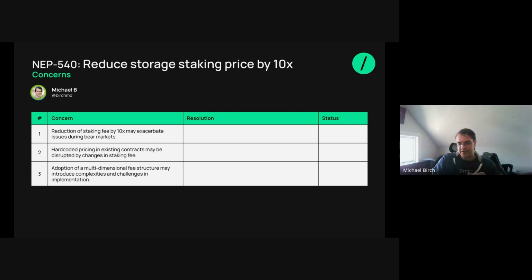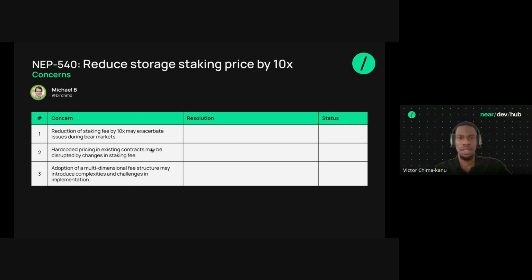So reducing it down, I think, creates the risk that we will be undercharging for storage when the price changes in the future. And then, this doesn't actually address any of the underlying problems with storage staking itself. It is just sort of like a band-aid fix on top of storage staking. And again, I just don't think the risks introduced make up for the benefits. There's also a bullet point here about potentially complicated things we could do in other storage cost solutions, but again, we haven't really agreed on any of those things. So I don't think it's necessarily a concern with this NEP specifically. It's just a concern with storage in general.